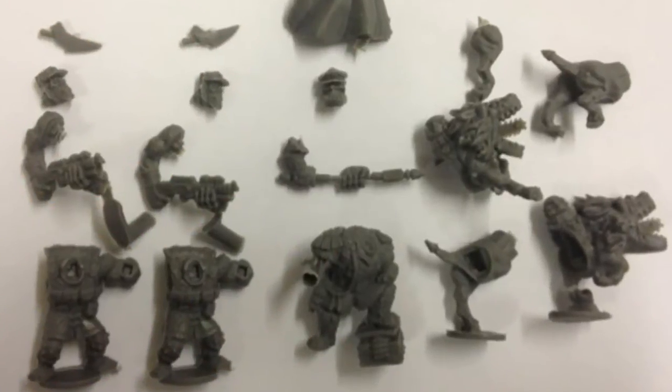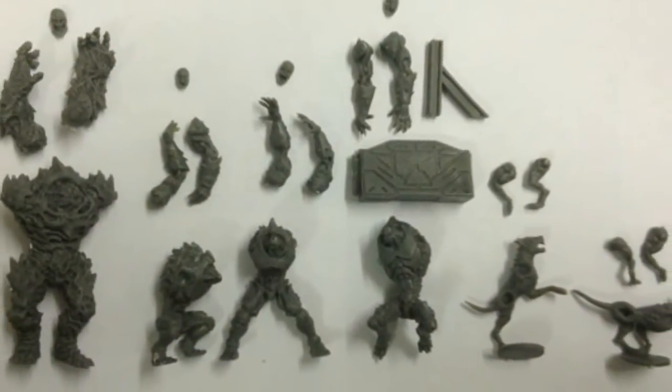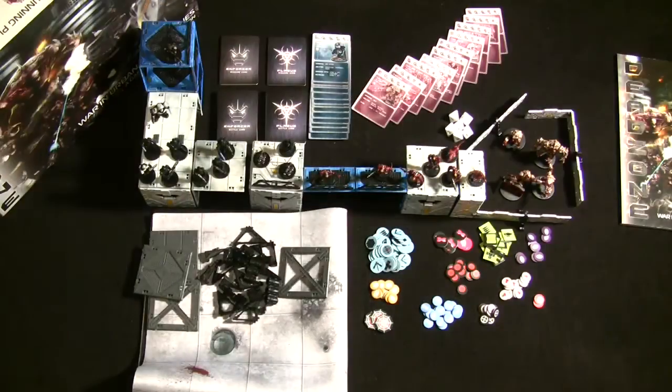Sometimes the head is its own piece. Sometimes the backpacks are an extra piece. You're looking at some of these models being 8, 9, sometimes even 10 little pieces. And you see what I mean when I say that this is a project to assemble this game. But in all fairness, if you can get past that hurdle and put these miniatures together, I think they look